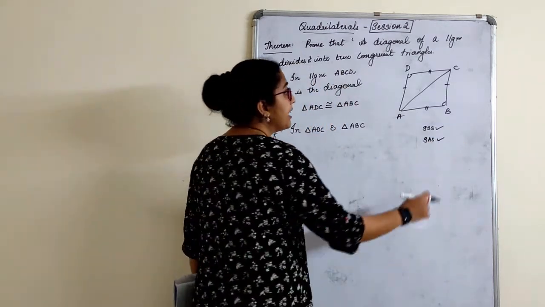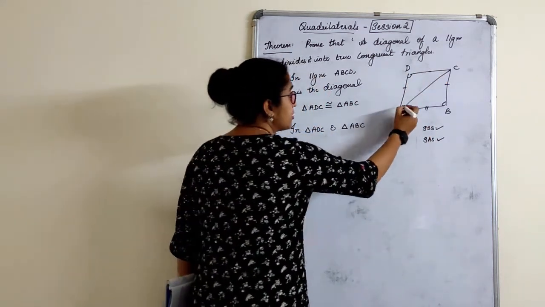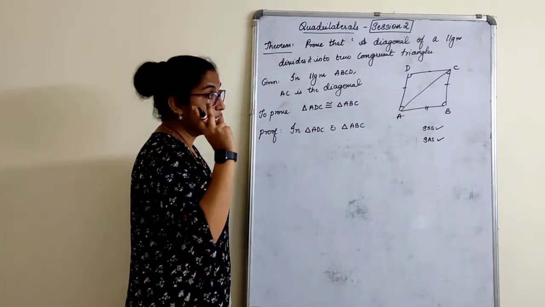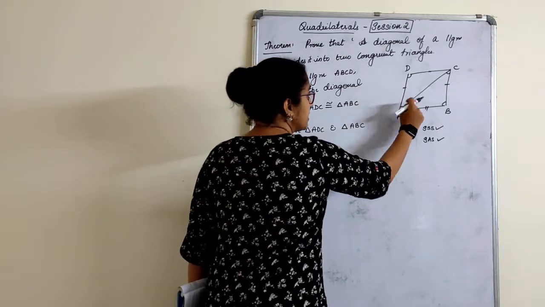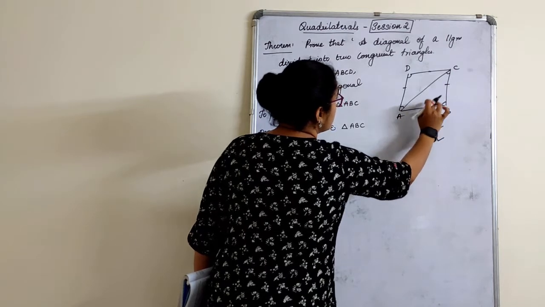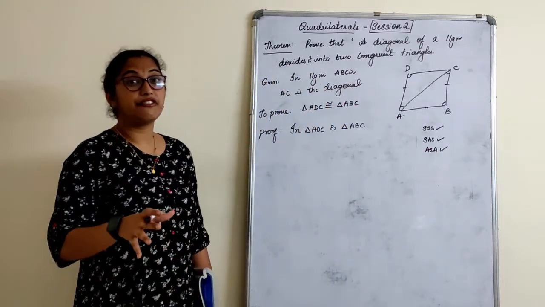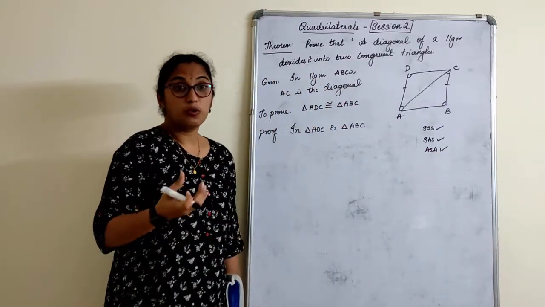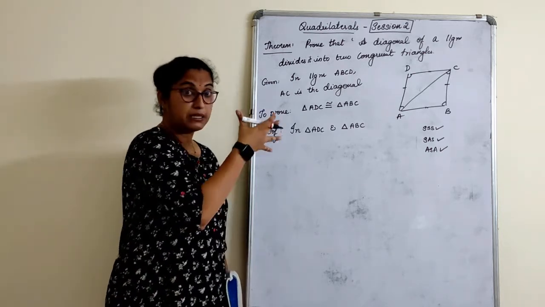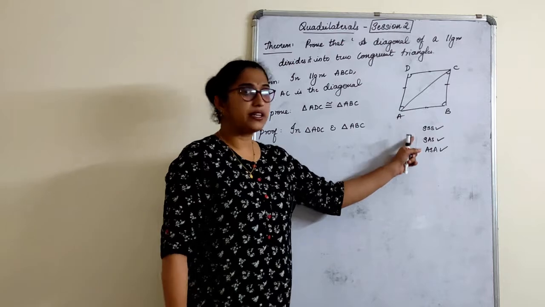Okay, that is one thing. If I do not want to use the side part here, I will only use one side. Can I also say that this side is parallel to this side? So these are alternate angles. How many angles? Two angles and a side, so ASA. I can prove this by three different criteria, right? So I should be very perfect in congruency, very perfect in the properties, and also about alternate angles, all these things. That means any of the three you do, it is correct.